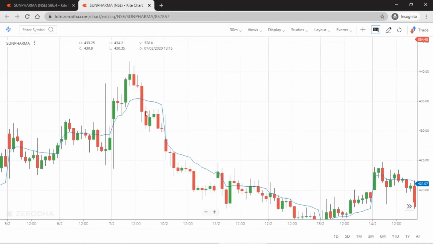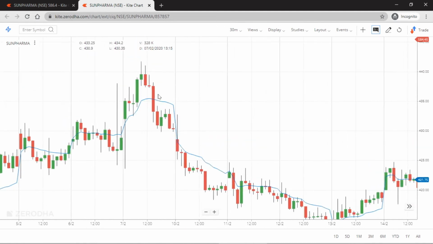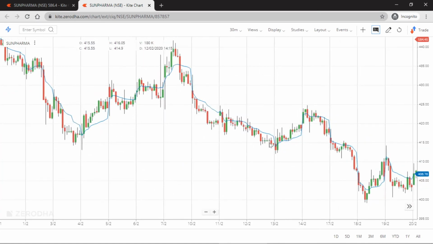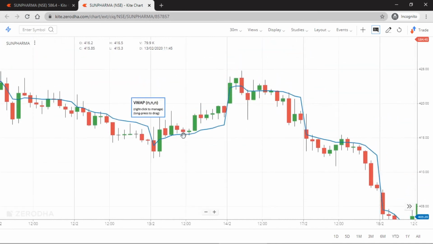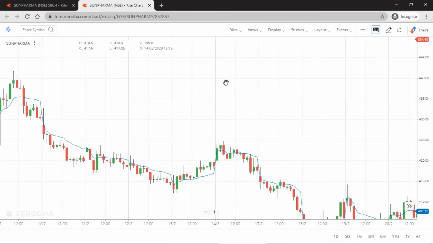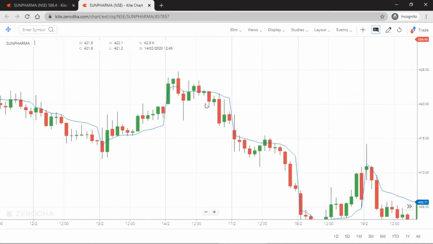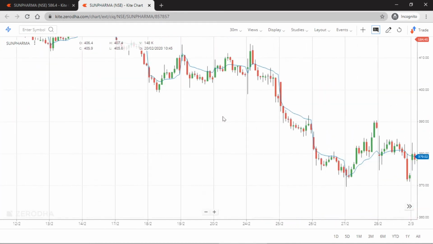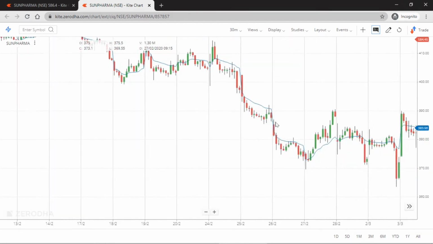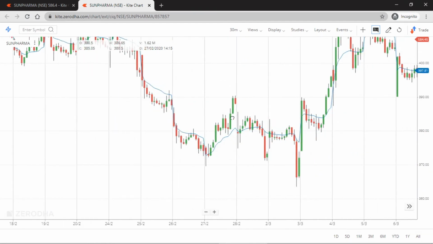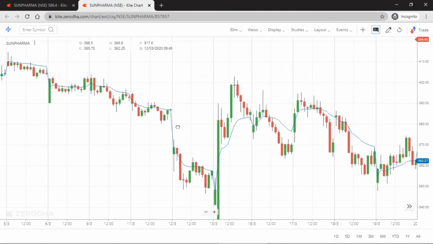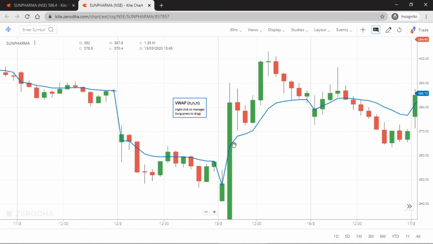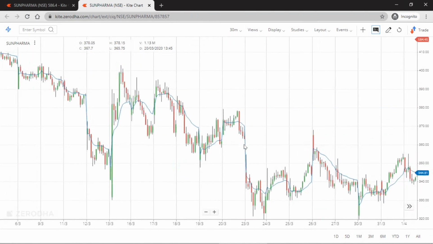So on this day, see, it has reversed again. It has started closing below the VWAP line and it is now again a downtrend. And this day it is again an uptrend. It has started closing above the VWAP line, and then from here it has again reversed. So you can see that the VWAP line is giving a clear direction, the sense of direction of the stock. So you can use VWAP to short or buy a share and take a good profit from it.